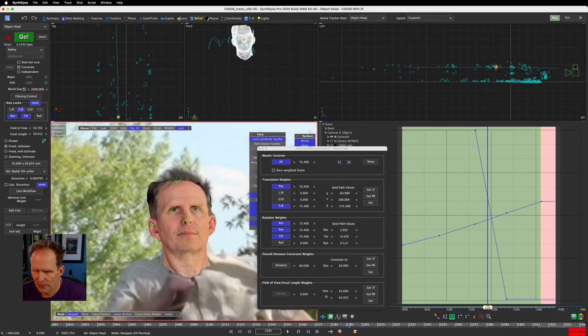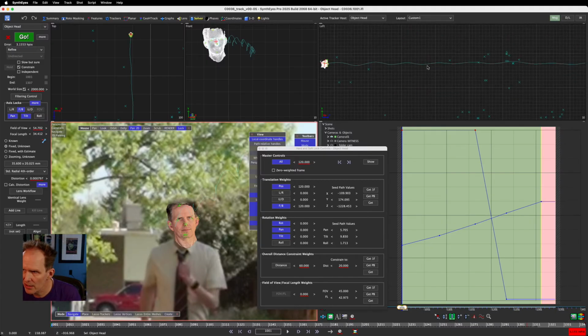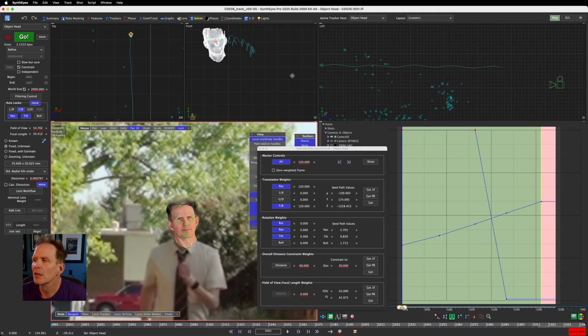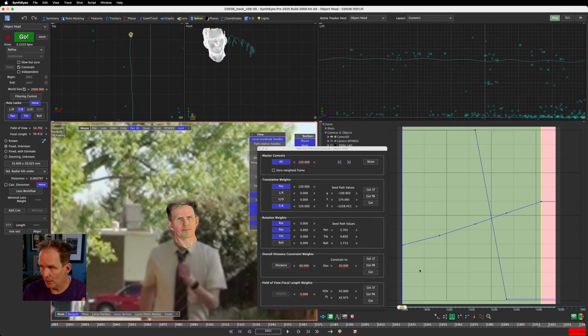Very nice. So now, when we look at the track, you don't get that terrible Z-axis noise. When we look at it from the side view, we get this nice smooth motion as it comes in. We have had to do a little bit of keyframing on our seed locations on our seed path, and we have locked the pan and tilt of our object. And when you do this, so we did that. Now, at 120,